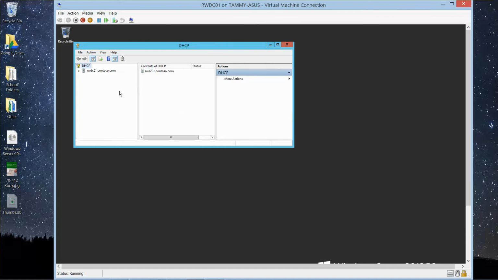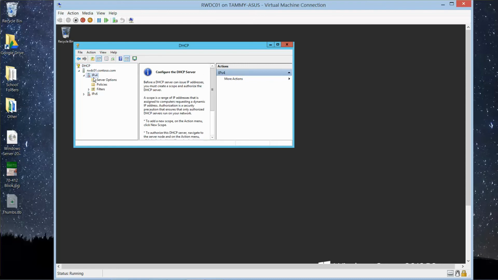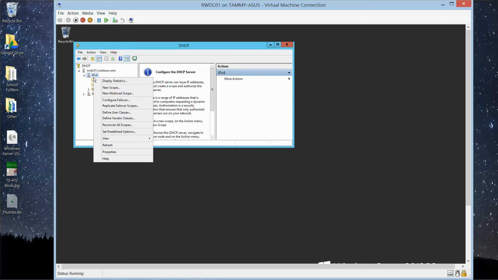Okay, so we are going to expand the RWDC01 Contoso.com node, and here's the IPv4. We're going to right click on that and do new scope,